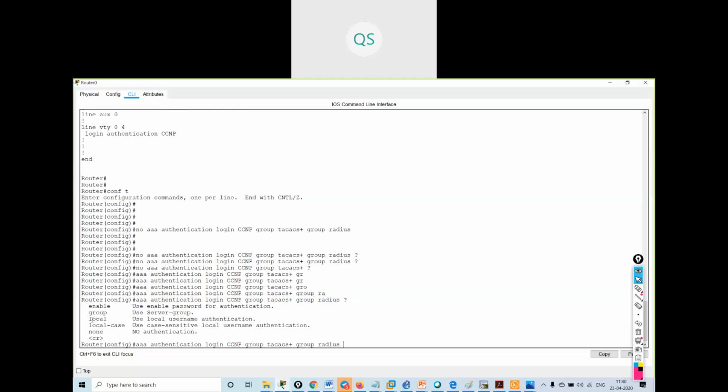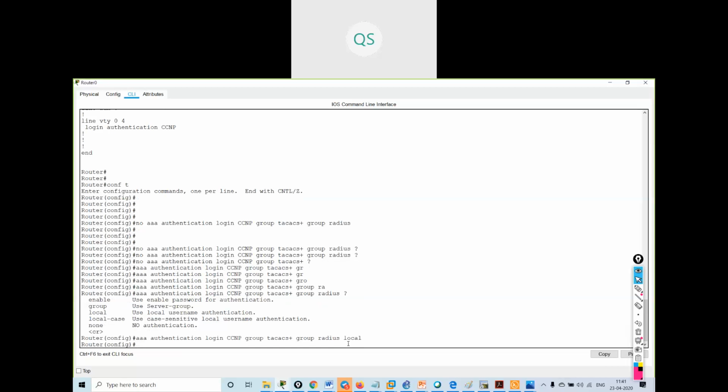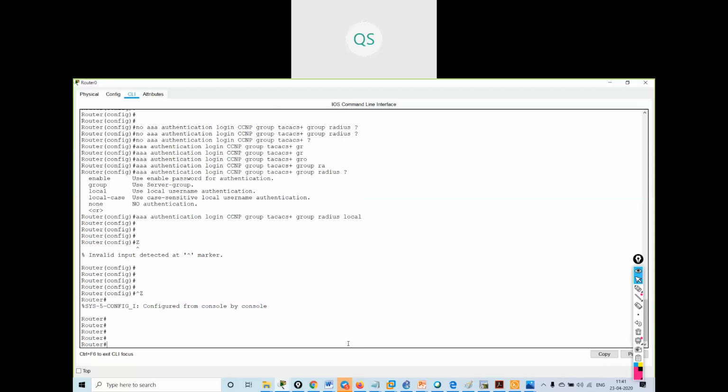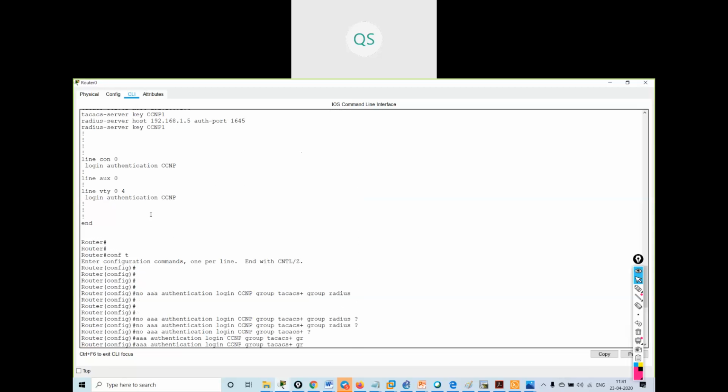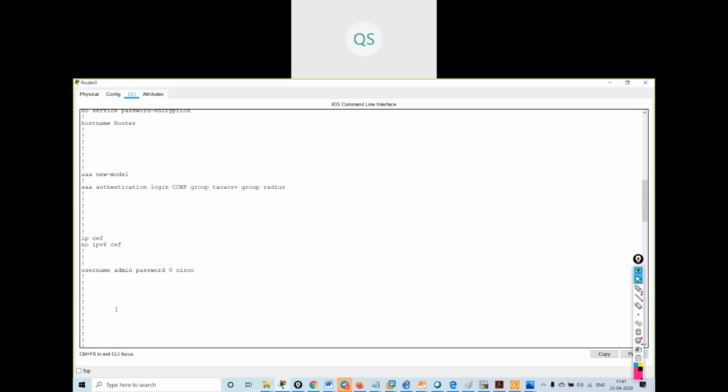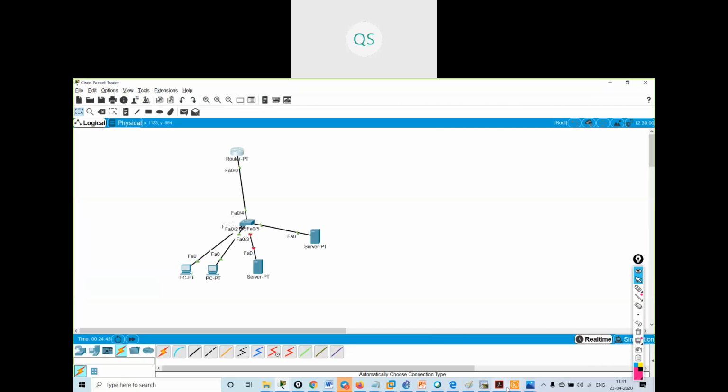See, now I can use the local option over here. If both the servers go down, give me the local access that I've created already, admin and Cisco. Understood?